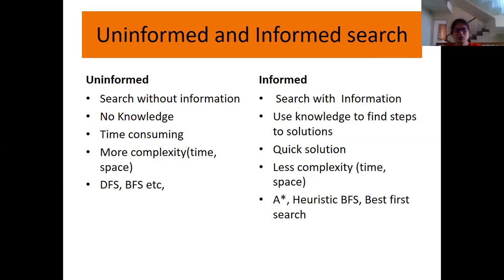So friends, I hope this is clear about uninformed and informed search. And right now, state space representation comes under uninformed search because we don't know what we are searching for. We only know the initial state and we know the goal state. And heuristics is very important because it is nothing but the information, a supplement or the guide that you have to reach your home, the goal state.